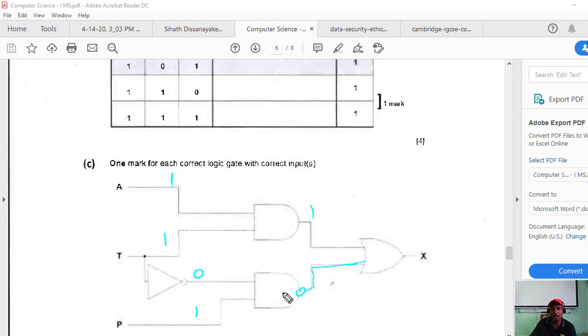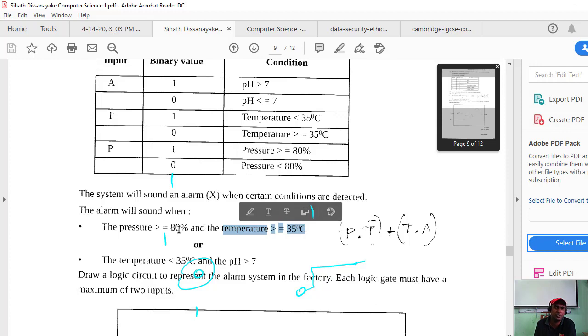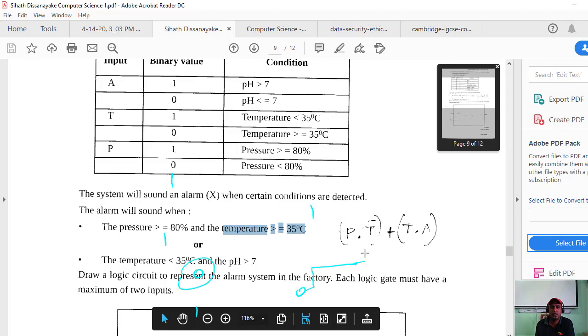You can't keep it AND gate, right? Can you keep it? See, temperature 0 means what? Temperature 0 means we go to the result of the table. Temperature greater than or equal to 35? Yes, that is correct. No, greater than or equal table. That means it should be 0. Then pressure greater than or equal to 8. That means 1. Then 0, 1 definitely it should be a NAND gate.